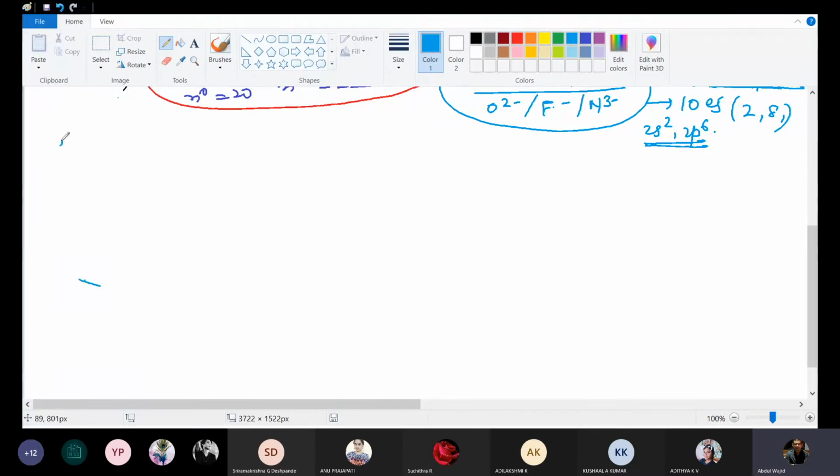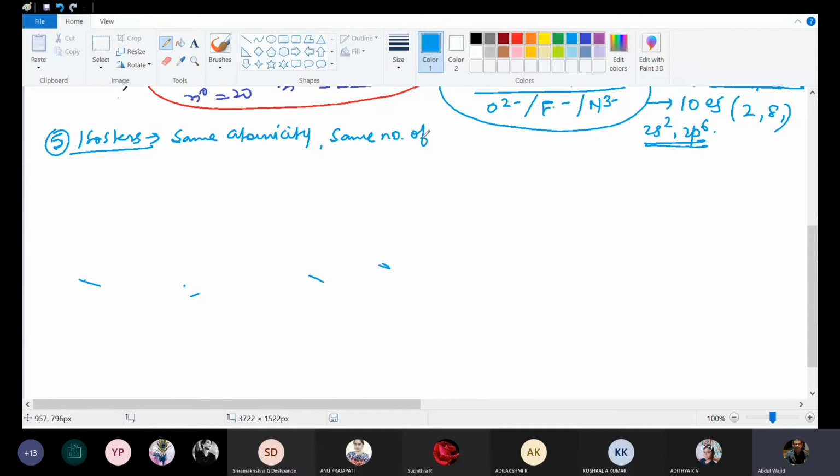What next is isosters? What are isosters? Isosters are those species which have the same atomicity and the same number of electrons. About atomicity, the definition was there in class 7th. In 8th, 9th, 10th, 11th, 12th, nowhere will you get any idea about atomicity. So what is atomicity? Atomicity is the number of atoms present in a molecule. So same atomicity and same number of electrons, that species is called isosters.